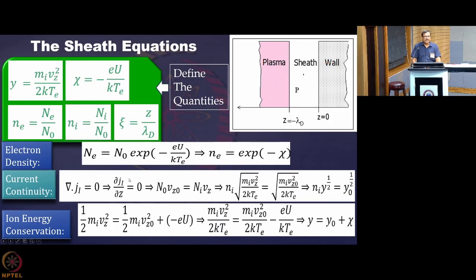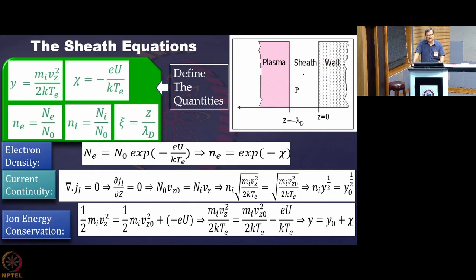So we now want to write it in terms of dimensionless parameters. We divide both sides by N0, and this side becomes Ne, the dimensionless electron density. On this side N0 cancels, and what we get is eU by kT, which you know is already defined as a dimensionless parameter. Anyway, an exponent becomes dimensionless, this is the property of exponents. So this is minus chi, as we have defined chi over here. So we now get the electron density distribution in terms of the dimensionless parameter as Ne equal to exponential of minus chi.